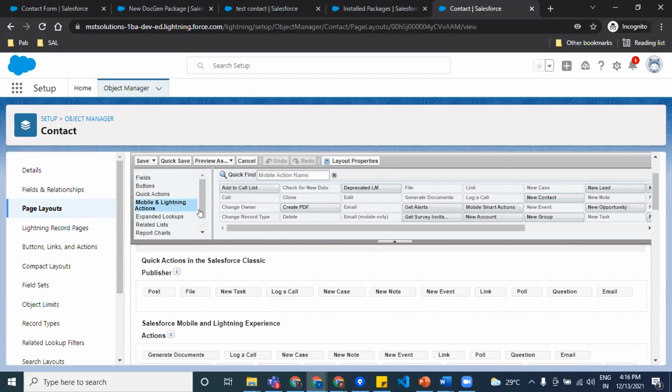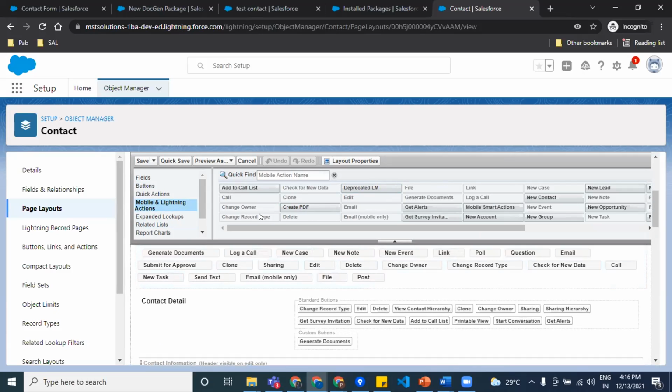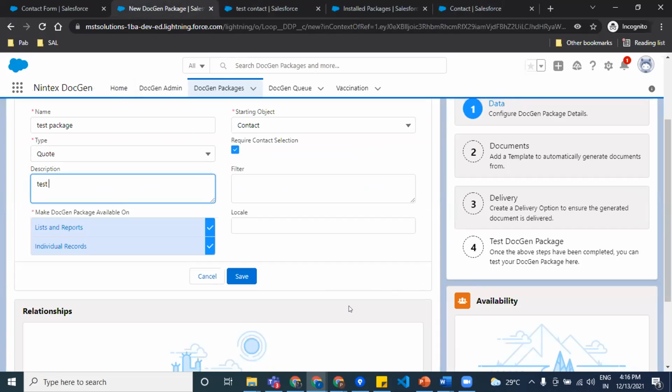Then for Lightning view, if you want that to be available on the first part, you can just drag it. So earlier this generate document button was there. I just pulled it and placed it in here. That's it. That's all I did. With that, you will be able to see this Lightning action or button on the contact page. This is a very basic and important step.